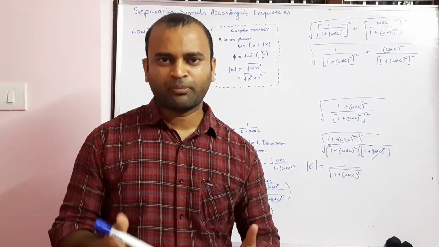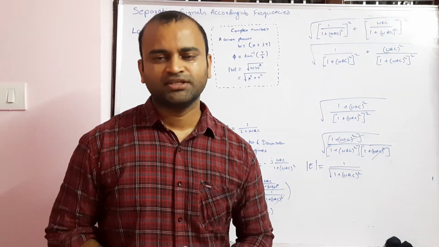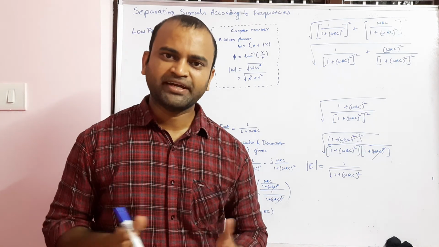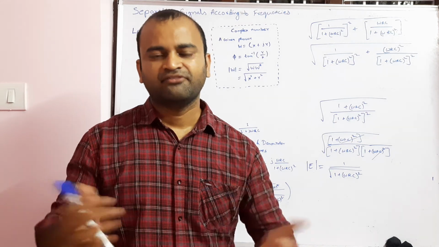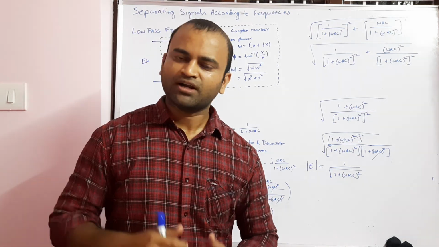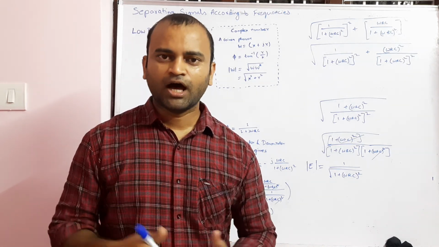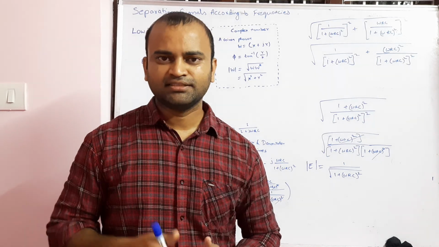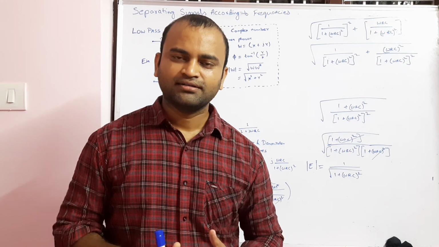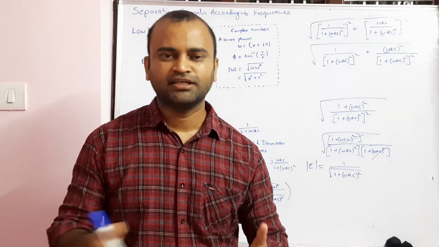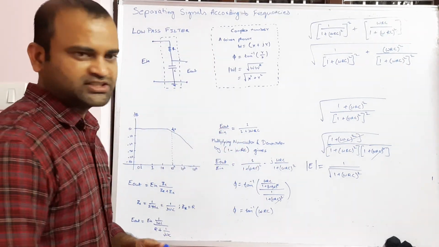As we discussed the various properties of these electronic components such as resistor, capacitor and inductor, one of the most used applications is to separate out the various input signals based upon their frequencies. One application is constructing a low pass filter. This filter allows only low frequency signals to pass from its input to the output and attenuates or does not allow high frequency signals to pass through it. So let us quickly begin and start the explanation.